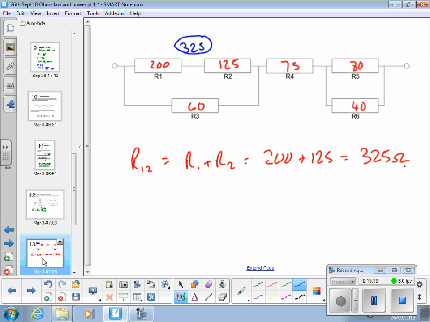You could take those two resistors out, replace them with a 325, and exactly the same current would flow everywhere in that circuit. Then we can